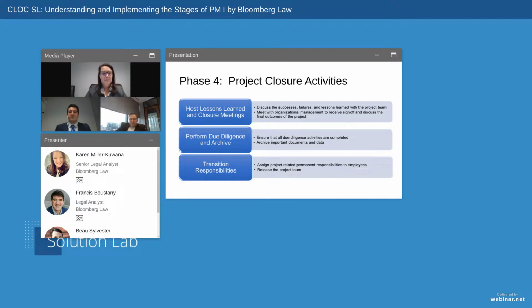Finally, the project team needs to transition and assign any permanent or ongoing duties and responsibilities related to the project to the appropriate individuals, and formally release or reassign the project team. For example, troubleshooting and overall software management tasks will be transferred to the IT department if you're doing a new software launch project, or ownership of document and file maintenance may go to HR at the close of a process-based project.